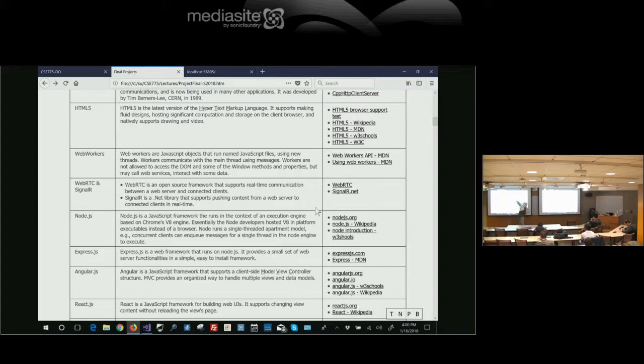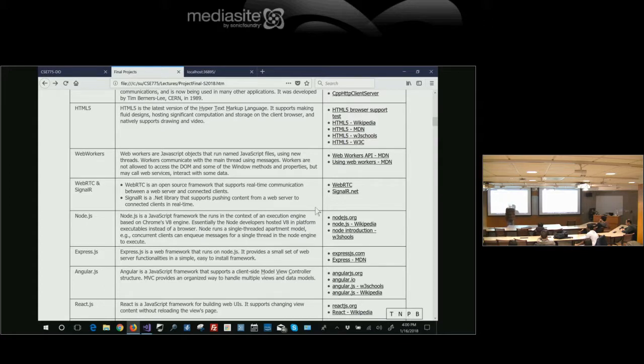Now the interesting thing is in a browser, a child thread is not allowed to interact with the DOM because the DOM isn't locked. The way the eventing works, it cannot block; it's really serious to block. And so you don't want to have locking because stuff will block and mess up the eventing mechanisms. And so only one thread is allowed to interact with the DOM. But what these other threads are used for is, for example, to do AJAX or to invoke web services at another, cross-site web service.